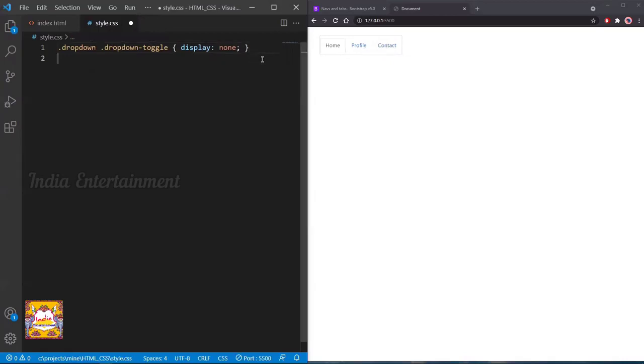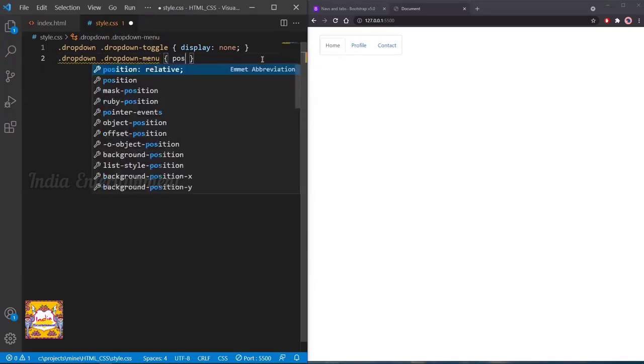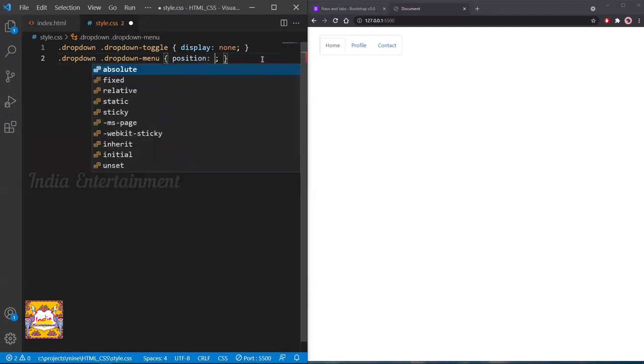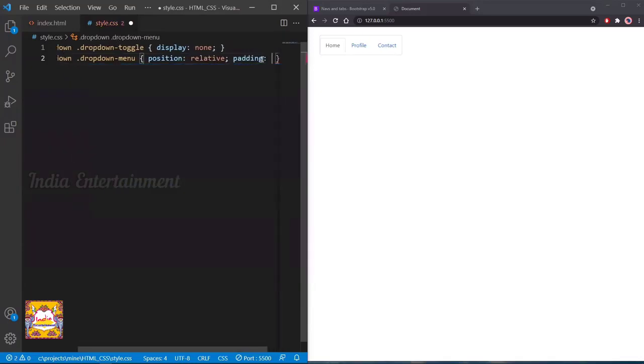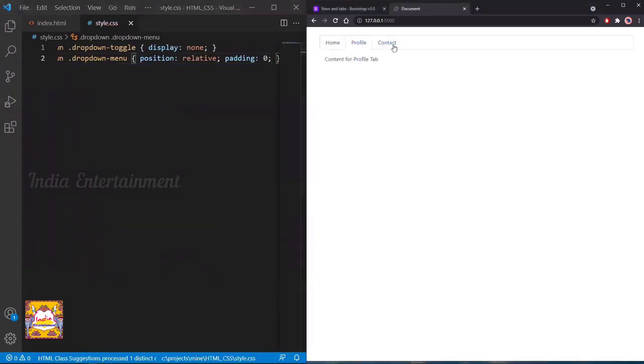So same, dropdown of dropdown-menu, position relative and padding 0. So after applying the styles, you can see, but we don't want this border for the nav tab.